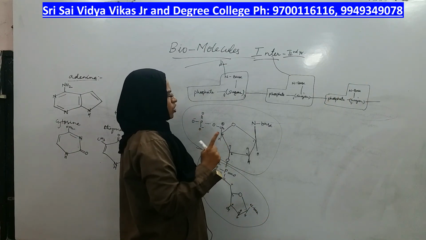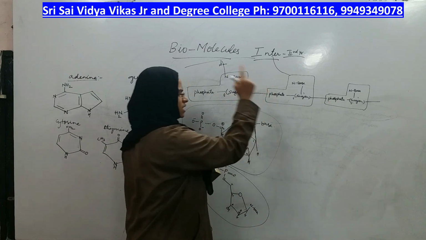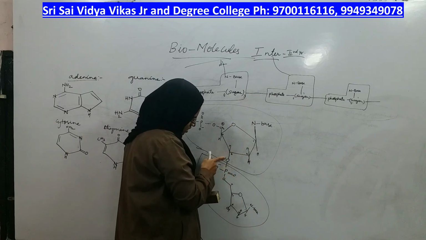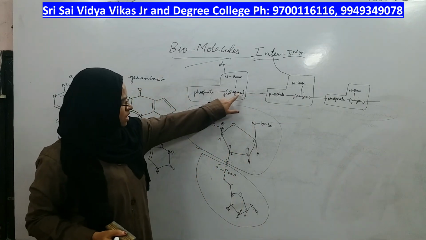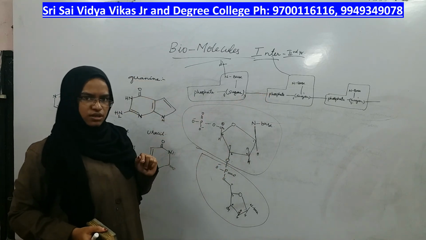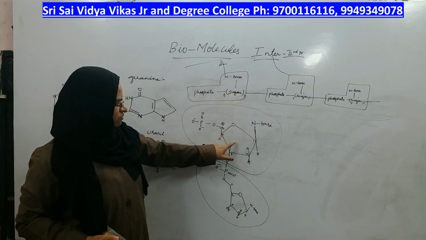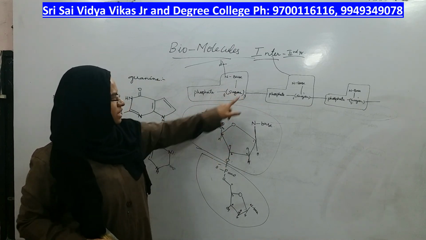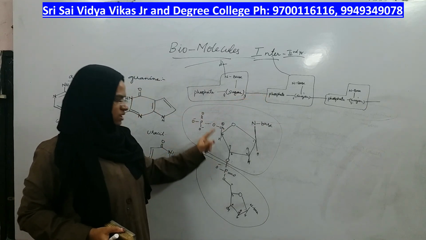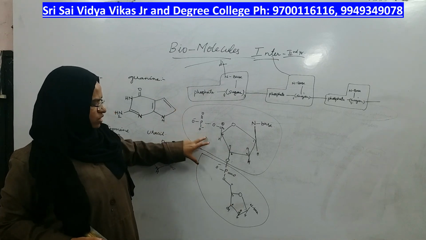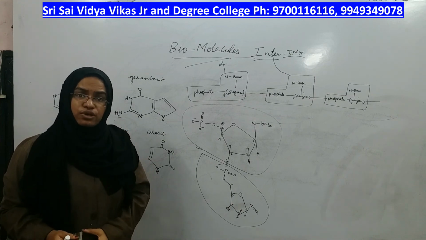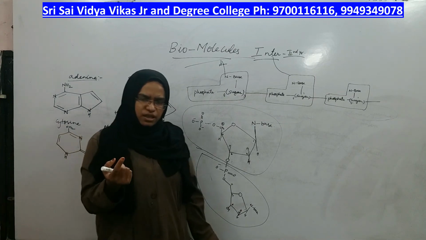But there should be a bond between one nucleotide and the other nucleotide. How is the bond formed? The third carbon of this sugar is connected to the phosphate of the next nucleotide. Where is the third carbon? Here. Connected to what? The phosphate of the next nucleotide. Where is the next nucleotide? This. Where is the phosphate? This. I have shown only two, but the same chain continues to form a single polynucleotide chain. Like that there will be another polynucleotide chain, right?